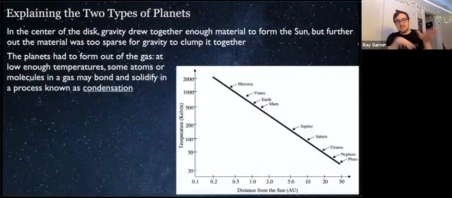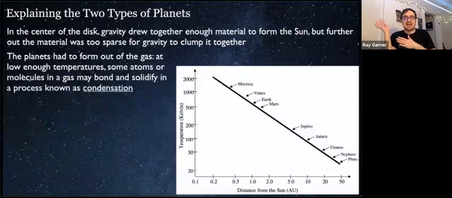The churning and the mixing in the gas should have ensured that the nebula had the same composition throughout. The materials were spread evenly throughout the disk. So then how did we get terrestrial planets on the inside and gas giants on the outside? And so the key comes from their locations in the solar system. The terrestrial planets formed in the warm inner regions of the swirling disk, and the Jovian planets formed in the